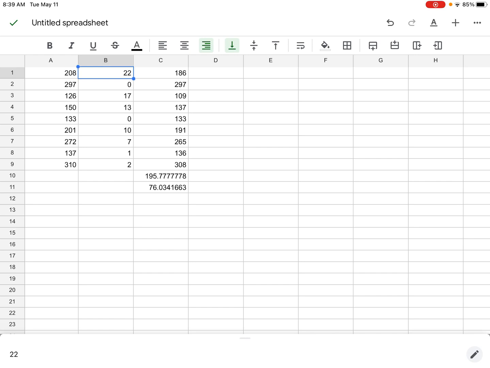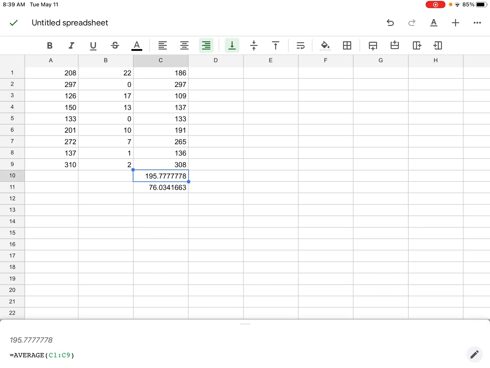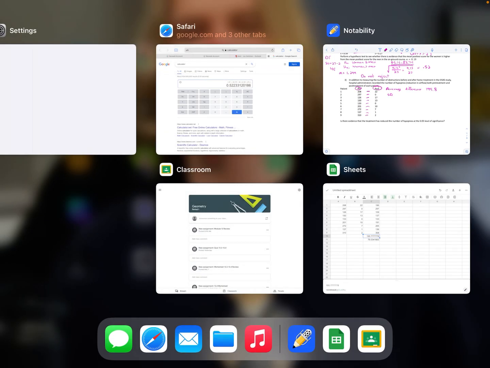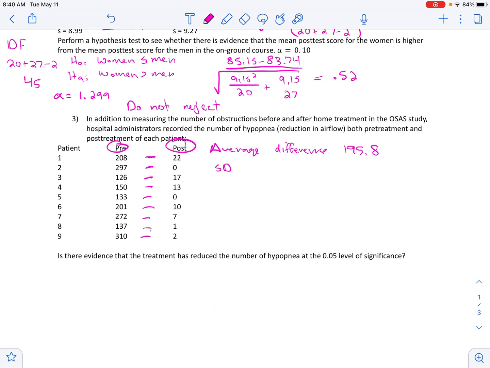So the average, so we subtracted all these. The average difference was 195.8 and the standard deviation was 76. So the average difference was 195.8, and the standard deviation was 76. So, okay, is there evidence that the treatment has reduced the number of